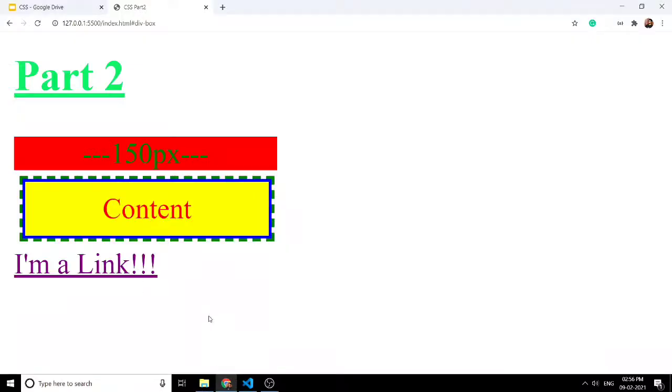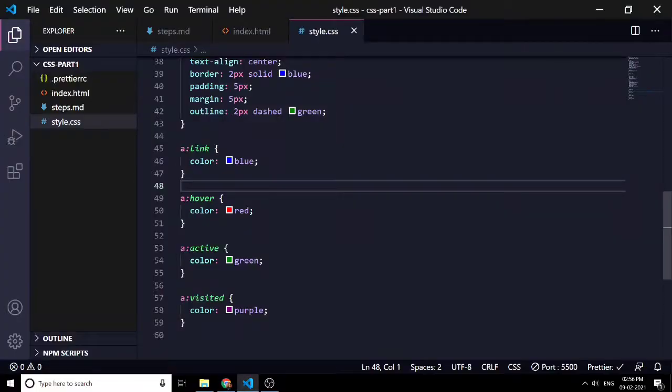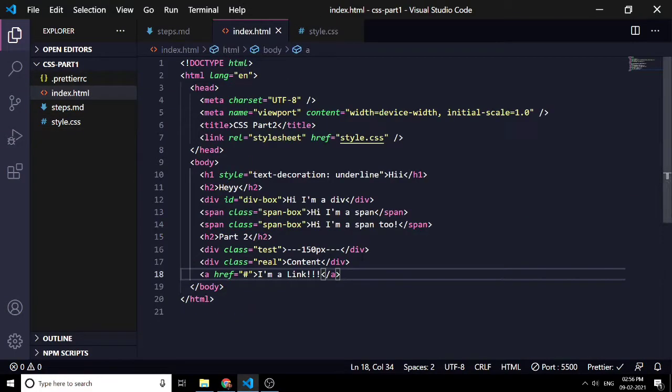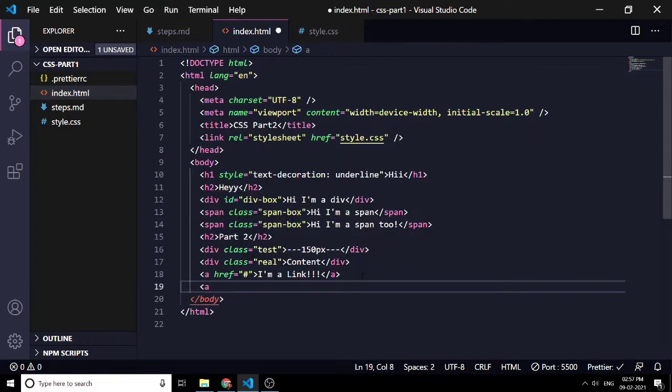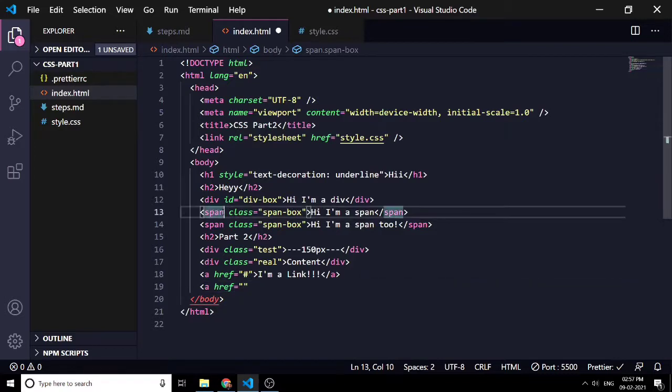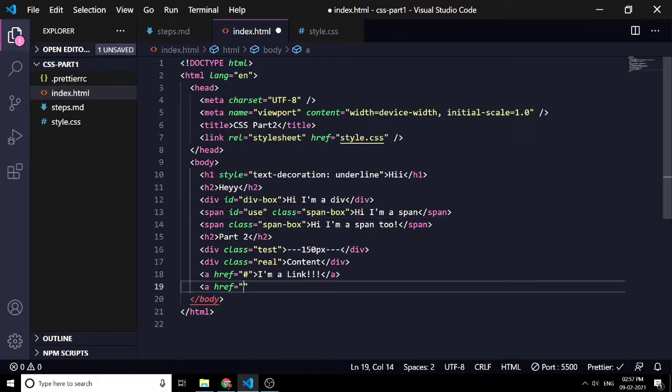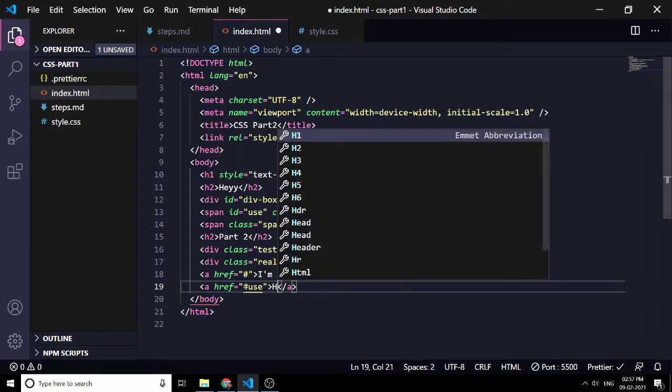We already clicked on that link, that's why it's showing visited purple. Let's use another one. So this time let's move to another. Let's give it an id, and then we'll just link to that using this one.